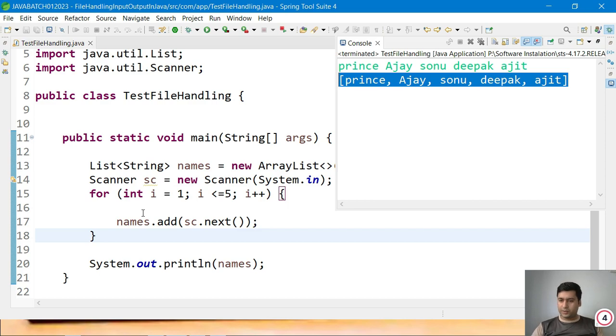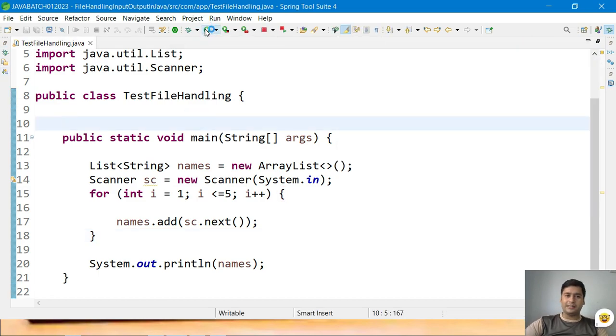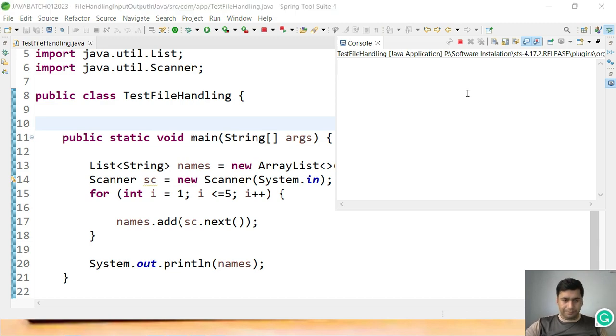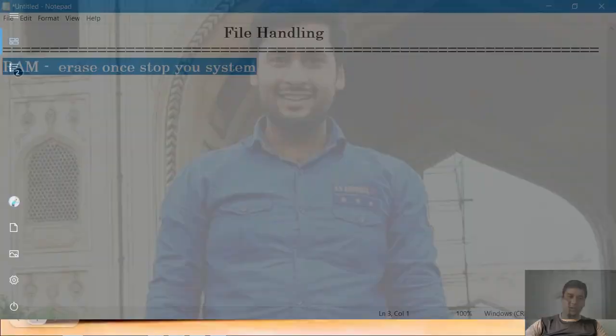Okay, that is fine, but whatever I am doing as of now, those data will be stored in the RAM. That is clear. If I run the same application again, I can't see those data. I have to enter them again, then only I can see. Once our application is stopped, I can't see those data. So that is one problem you can say. The data will not be stored permanently. This is the issue while storing data